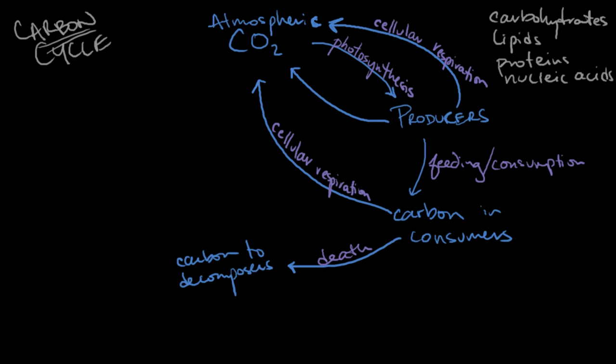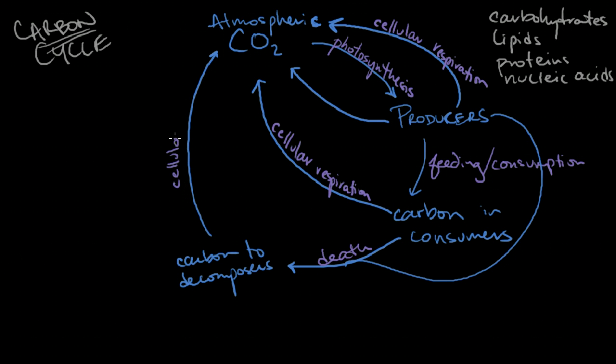But let me just point out that's also true for the producers. So if the producers died, the decomposers go at them and take the carbon, and the carbon dioxide goes back to the atmosphere, also through cellular respiration,